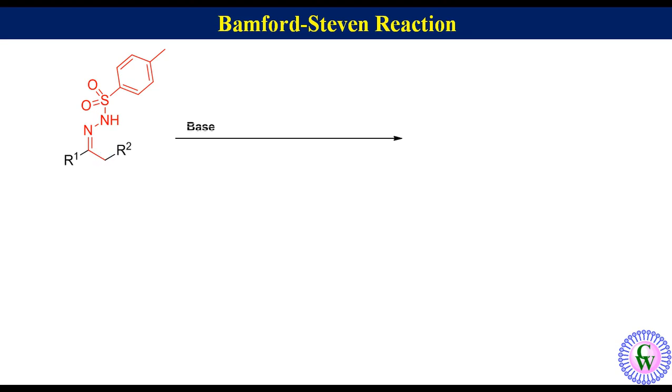Hello friends, the topic of today's lecture is Bamford-Stevens reaction. It is similar to the Shapiro reaction we have discussed in the previous lecture. It is defined as the reaction of tosylhydrazone having alpha hydrogen with base like sodium hydride, potassium hydride, sodium methoxide,